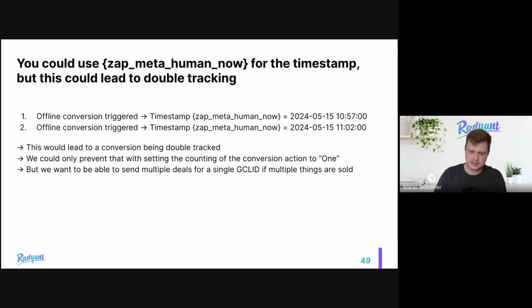So for the timestamp, you could use this Zapier human now, which is basically the time now, because in your Google Sheet, you don't have the conversion time, like the deal time or when a conversion became a qualified lead. So you could just use the time the Zap is running, but this could lead to double tracking, because if you think about this, when we have the offline conversion triggered and we use Zapier human now as the timestamp, and it's, for example, this date at 10:57 a.m., and then somebody changes back the status, changes it again, some human error, it triggers again and it has a new timestamp,